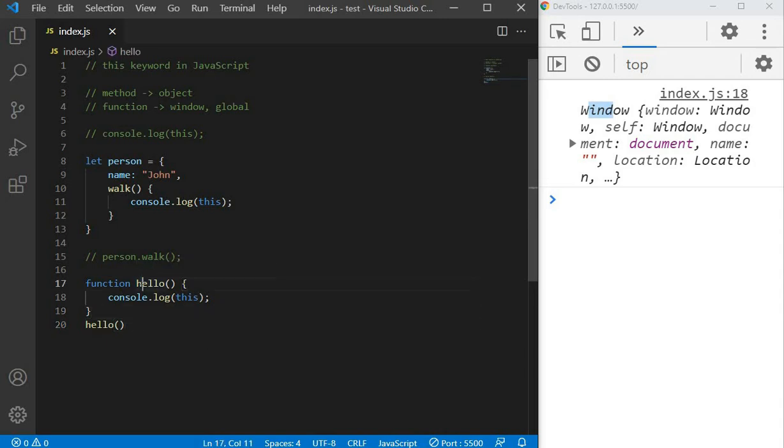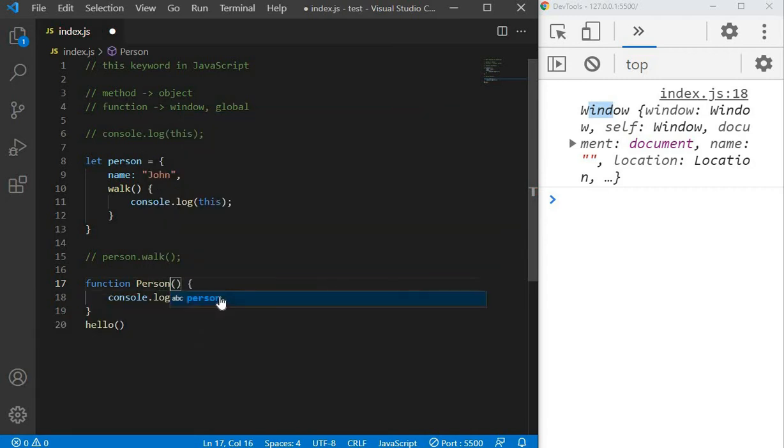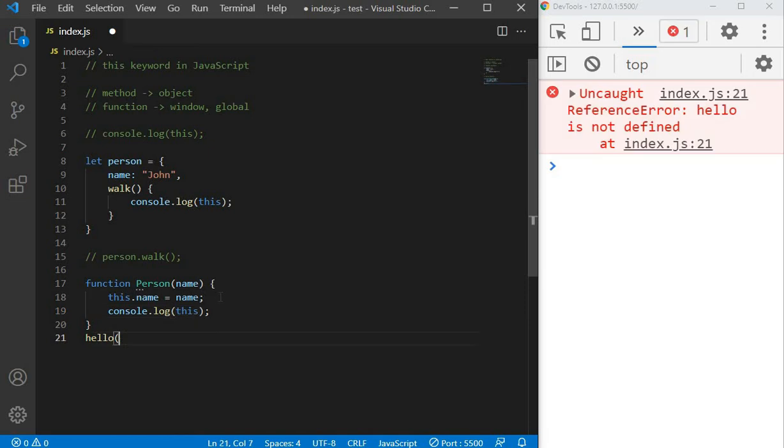Now in place of a regular function, if we use a constructor function, for example, let's take another example of Person, and let's pass in a name parameter here, and let's set this.name to name, and let's log this over here, and let's erase hello.